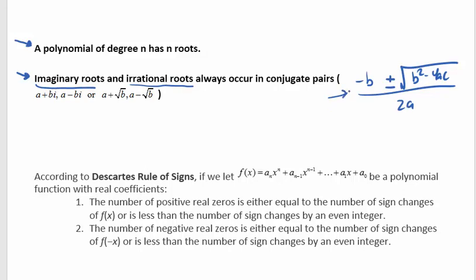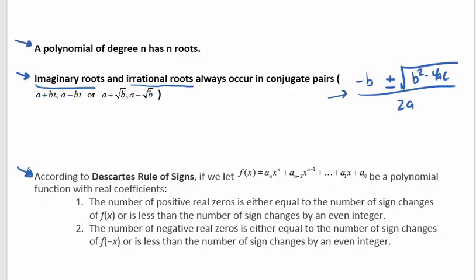And when we use the quadratic formula, we have this plus and minus sign. So that's why we're always going to get a pair of these. Whenever one occurs, there's always going to be a second one. Okay. And here's our last idea that helps us narrow down the number of choices, or number of things we